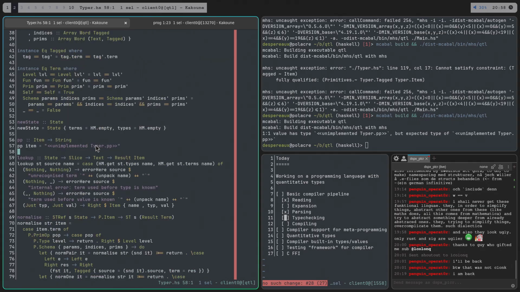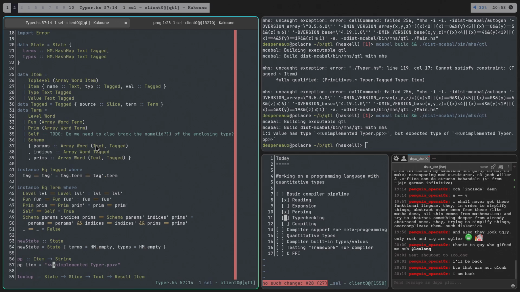Okay, so now can we pretty print terms? This should be a lot easier to print now because item is just some terms basically. How should I pretty print this? I might even do the whole shebang. I might even go like claim plus unpack name plus and plus pp term